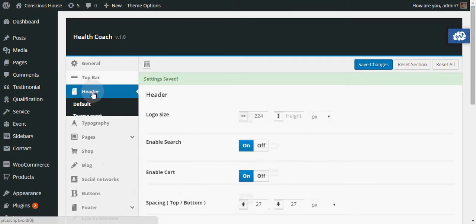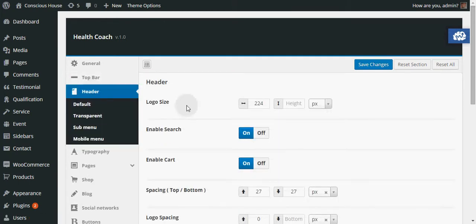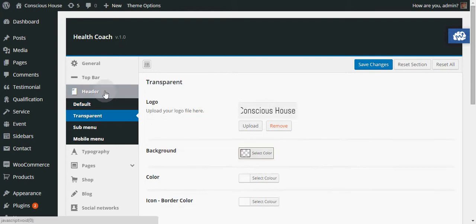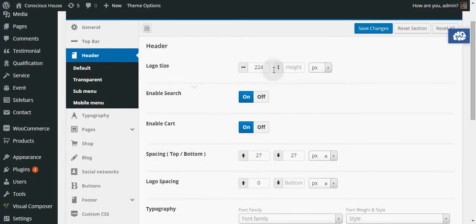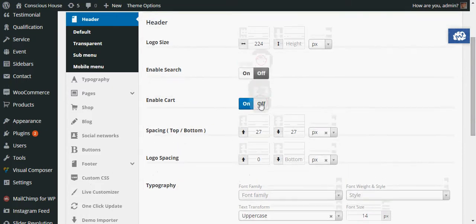So header. Again, we've been through this. You've created your default logo and left a transparent logo as well. In header though, you can change the logo size, so you might want to reduce that if your logo is too big at the moment. This here, if you switch those off,